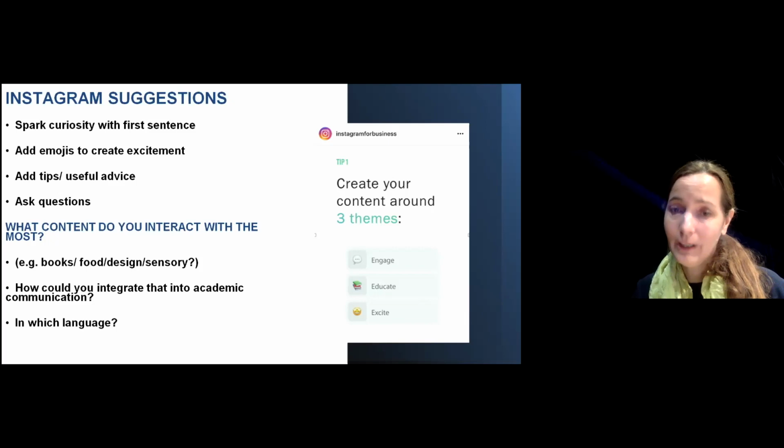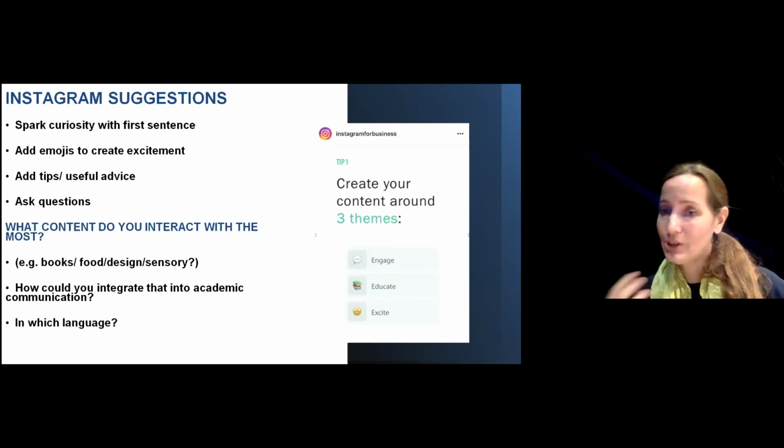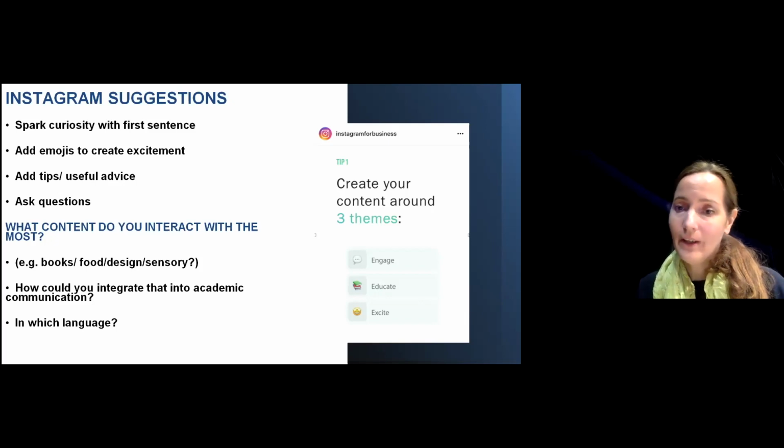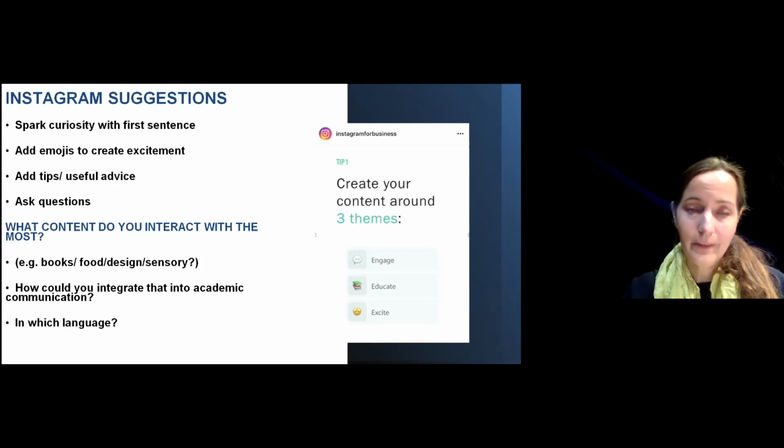And in academia, we're actually sharing knowledge all the time. So there's no reason we shouldn't be at the very top of the influencer heap here, because we're actually sharing content. And the more content you share with your students, with other colleagues, with PhD students, content about conferences, content about exhibitions, content about books, all of that works super well and is very well received. And I can't say enough how much positive feedback I've had from sharing content and information. So education is actually a really huge one on Instagram and very successful.